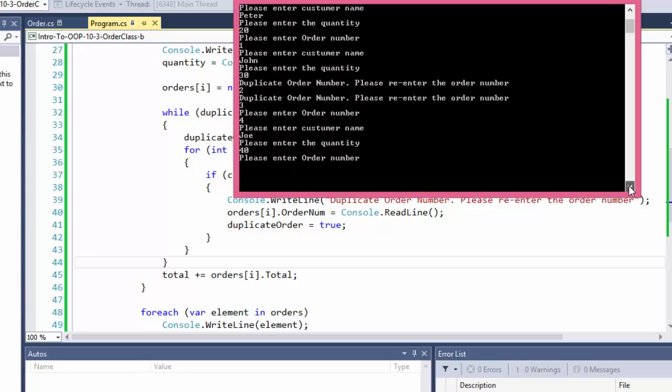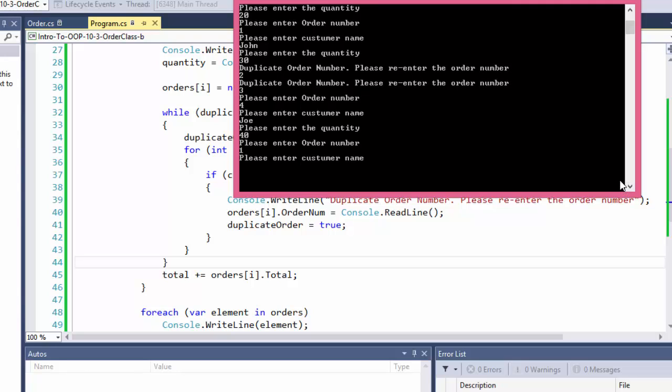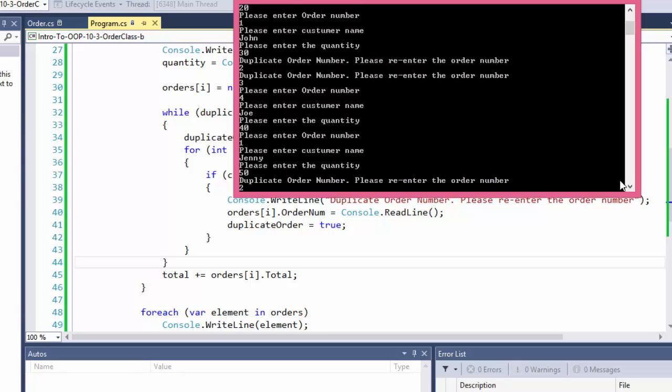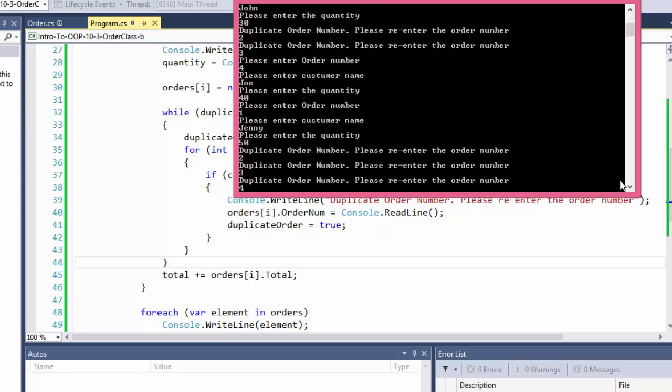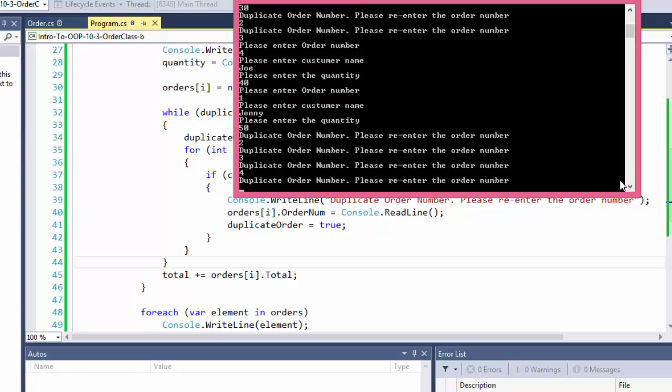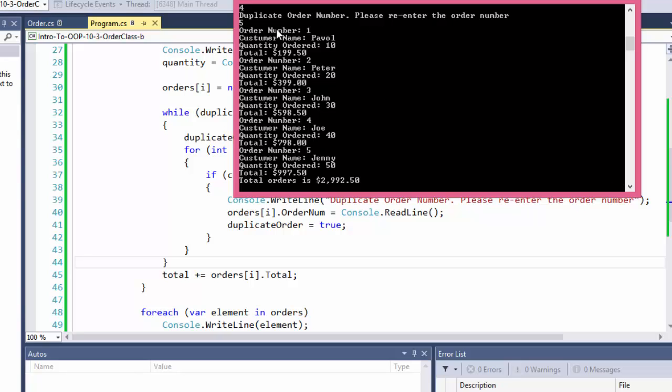And lastly, let's do some duplicate. So order number 1, and this one will be Jenny, and she'll want 50 of it, but it's a duplicate order number. I'll try another duplicate, and another duplicate, and another duplicate, and finally I'll get a normal value, number 5, and here you have it. Order number, name, quantity, and a total for order number 1. Order number 2, name, quantity, and a total, and so forth. And at the end, you have total orders is